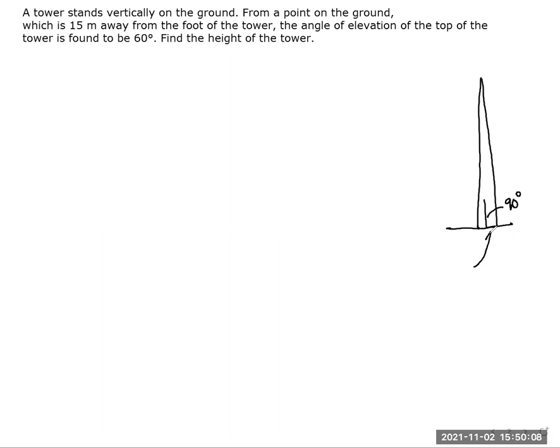Well, this is the foot of the tower, this point, bottom of tower, and this is known as top of the tower. Am I right? This is top of tower. This point is foot of tower. Now he says 15 meters away from the foot. So let's say this distance is 15 meters away from the foot.